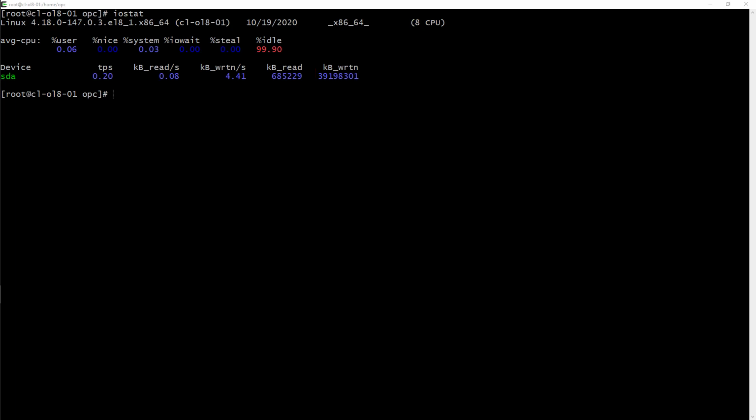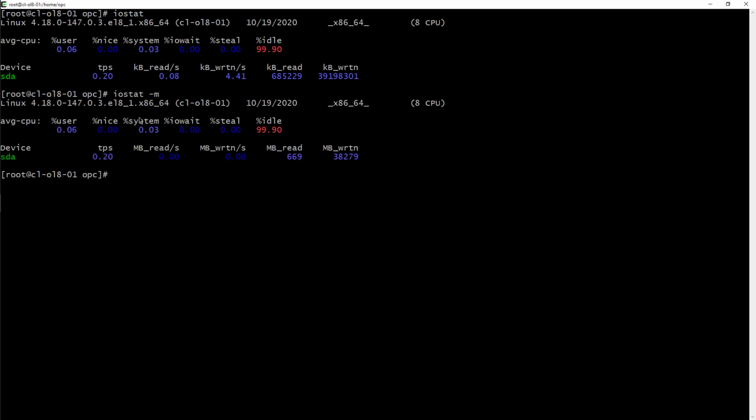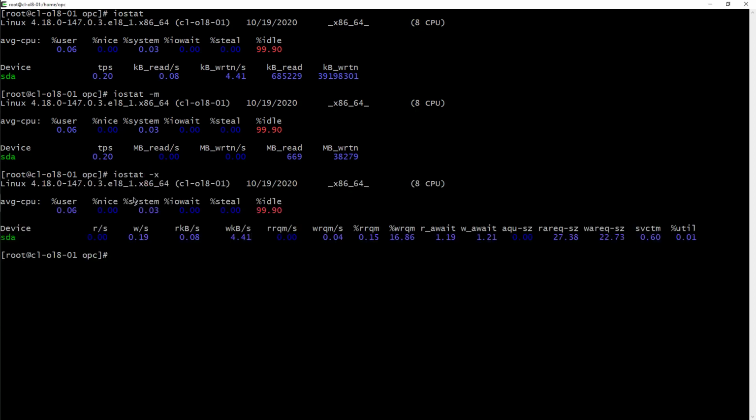To view statistics in megabytes, include the -m option when running the iostat command. As you can see under the device report section, data is read and written in MBs or megabytes. To view extended statistics, run the iostat command with the -x option as follows. Additional stats are displayed when using -x, which are